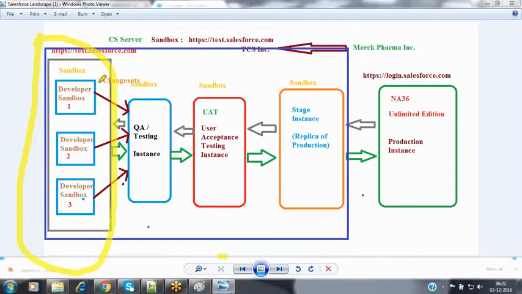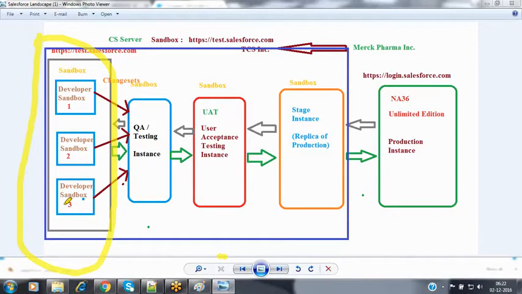So who is going to configure these sandboxes? These sandboxes will be created by the Salesforce administrator. Inside your organization, one person will work as your Salesforce administrator, who takes care of configuring the whole landscape, the deployment process, and the user management process as well. If a new team member joins your project, in order to grant access to your Salesforce instance, the administrator creates that new member as a user, so that they can access your Salesforce application and work on some functionalities as well.